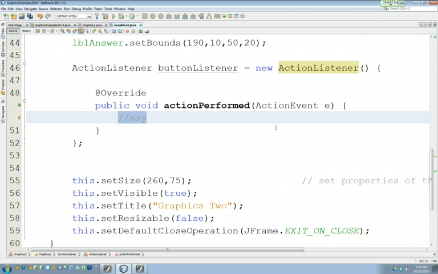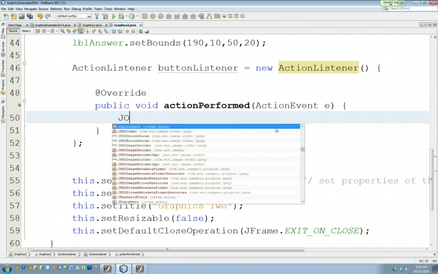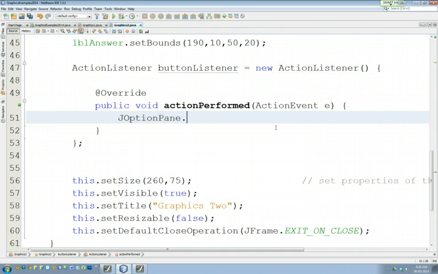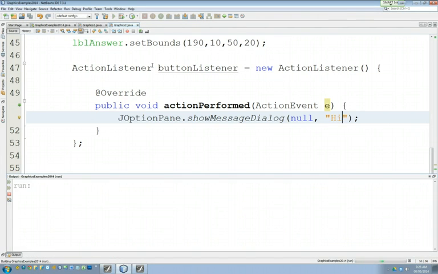So don't do this, but I'm just going to throw in JOptionPane for now. Don't do this. Show message dialog, null, hi. So let's just say I had that line in there. In theory now, when I run this program,